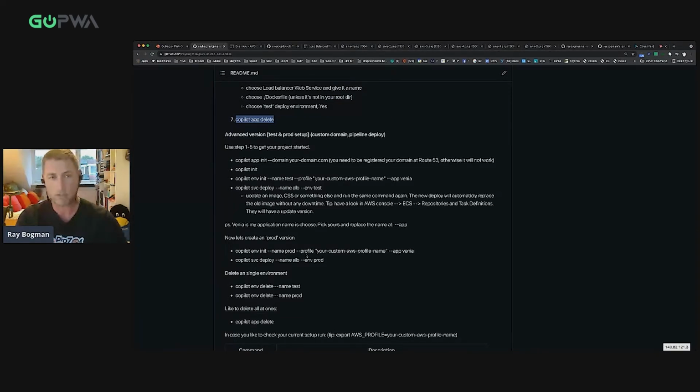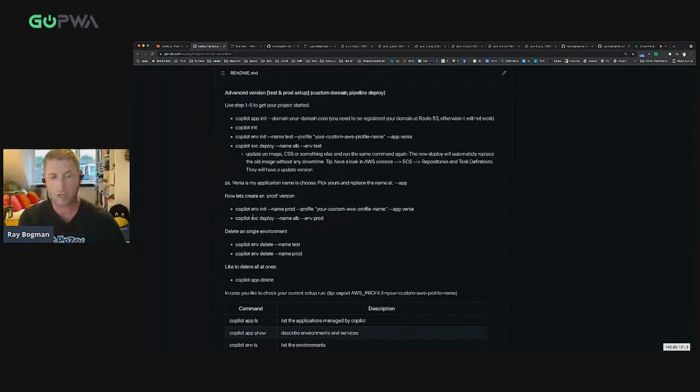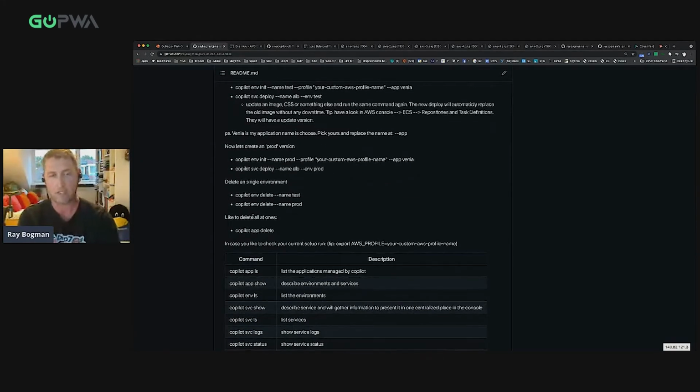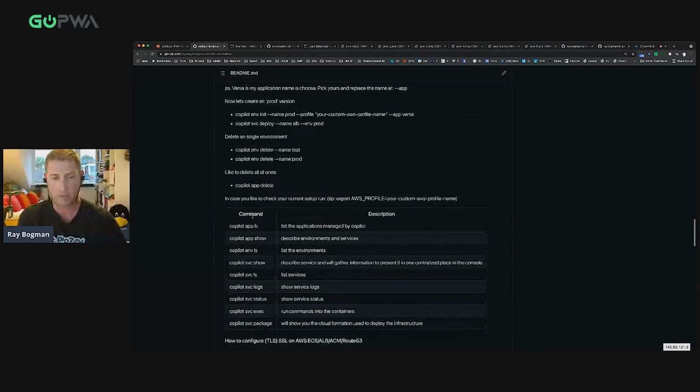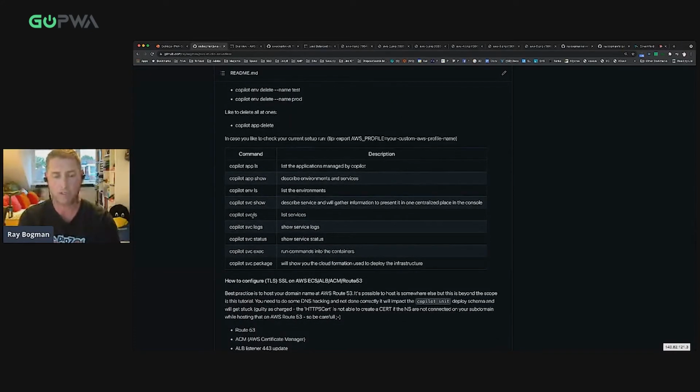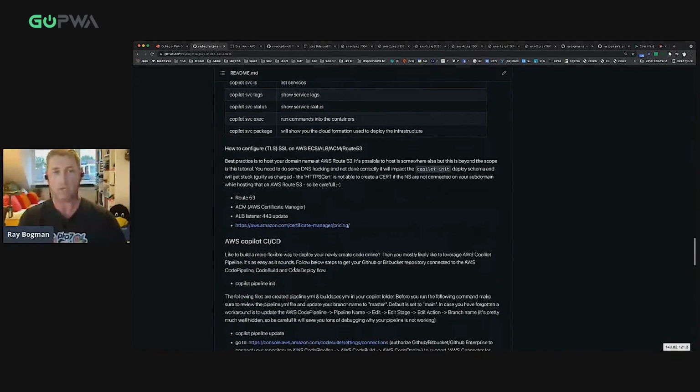So here are some additional commands. I'm not going to read through all of them, but it's pretty well documented. I would say have a look at the repositories on how to create a production environment or even a test environment. And if you don't feel like these are the environments that you need, you can automatically drop them, and nothing will be charged after all, which is pretty flexible. And this is a list again of multiple commands that can be used while running Copilot in the background. Again, like I mentioned, if you would like to configure SSL, here is some documentation around how to do that, and making sure everything is all right and set up correctly.